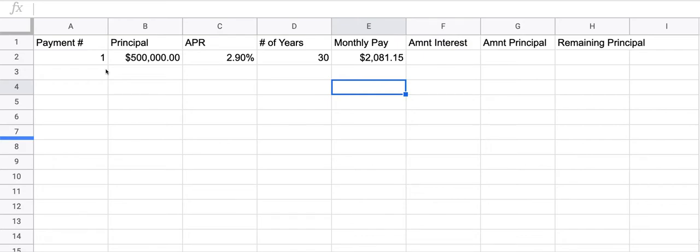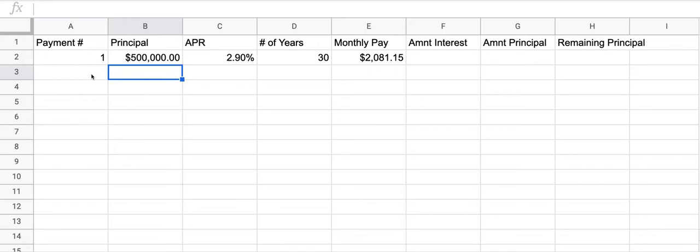First, it shows from payment to payment what your principal is, or how much is remaining, and it also shows not just your monthly pay in total, but how much of that monthly pay is going towards interest and how much of it is going towards principal, because monthly pay is made up of two parts, the principal and the interest. So after your first payment, you start with the principal, and then after you pay a certain amount towards interest and a certain amount towards principal, then you have remaining principal, which will then start back over